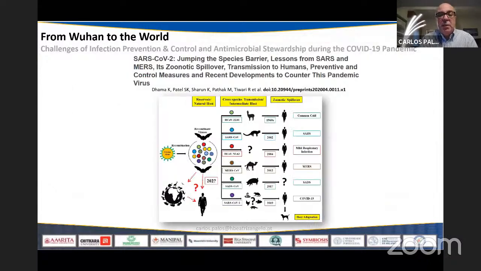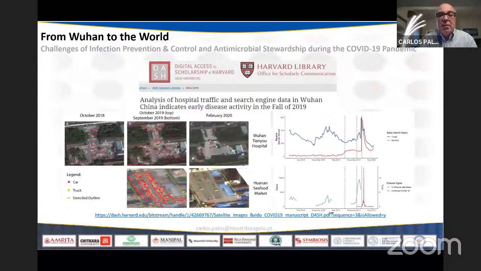So this is the issue of the origin. We don't know. Did it start in bats? Was it in pangolins? Was it in other species? And the exact starting point, we don't know it either, because